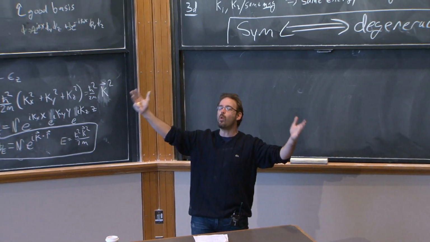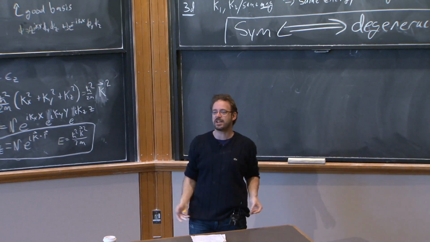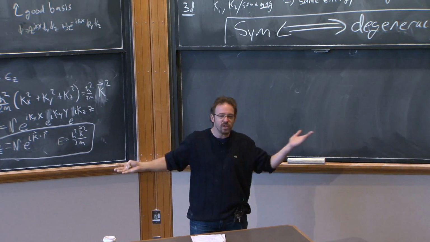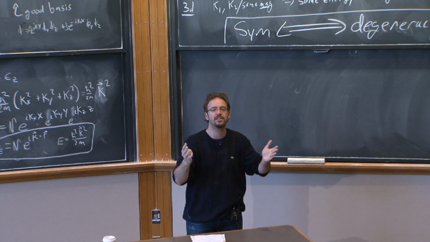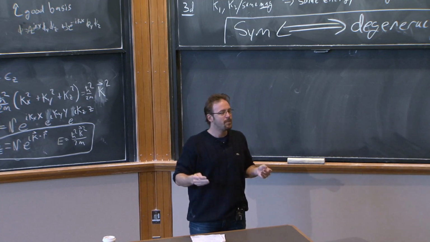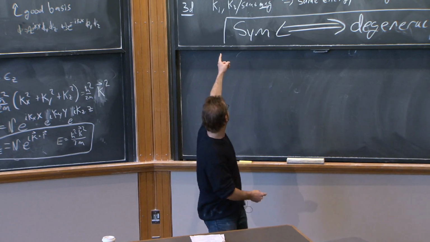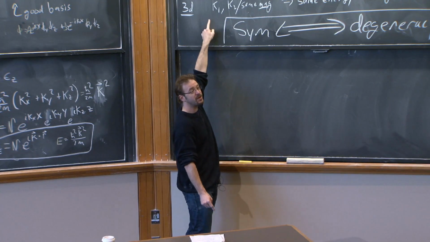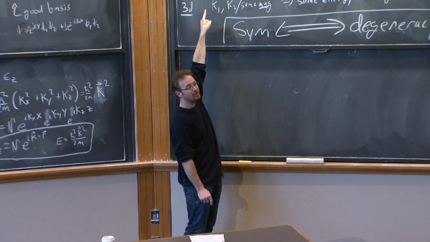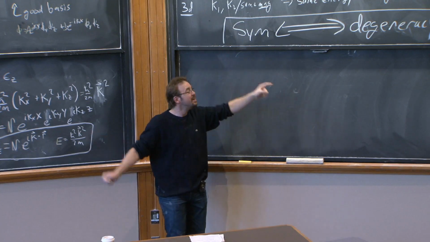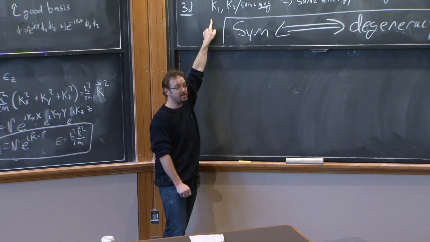The question is, look, in 1D, when we had bound states, there was no degeneracy. It didn't matter what you did to the system. When you had bound states, they were non-degenerate. In 3D, we see that when you have a free particle, you get degeneracy. In fact, you get a heck of a lot more degeneracy. You get a sphere's worth, although actually that's a sphere in 0 dimensions, a 0-dimensional sphere, 2 points. So you get a sphere's worth of degenerate states for the free particle.